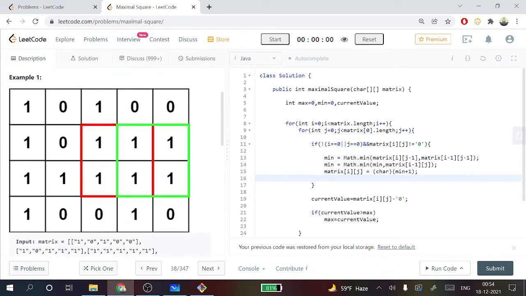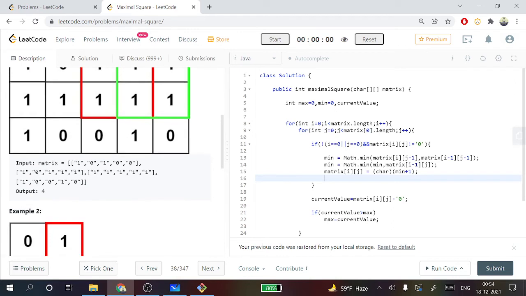We need to return the largest square, considering only ones. Here, these two, which are highlighted in green and red, are the largest squares possible containing only ones. These are all of size 2 cross 2, so our answer will be 2 into 2, which is 4, since we have